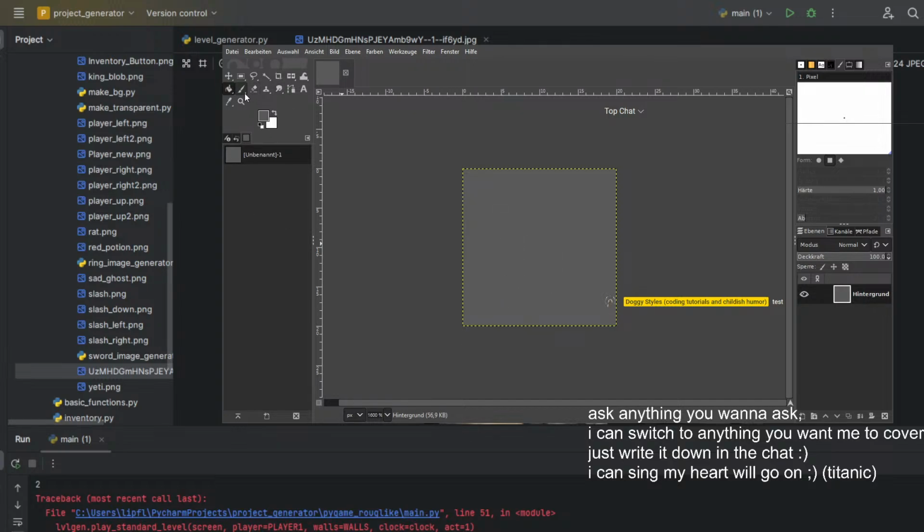Now gray color is perfect. Now next step is